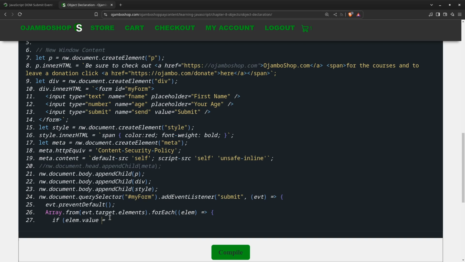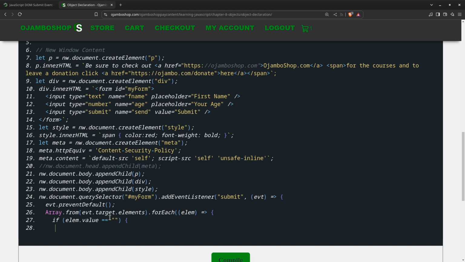So equals. So this means it's empty. Then I'll say dot style dot borderBottom equals, I'll make it 2 pixels dotted red. And now what I'll also do is